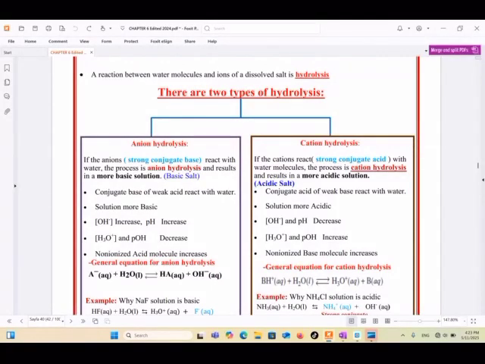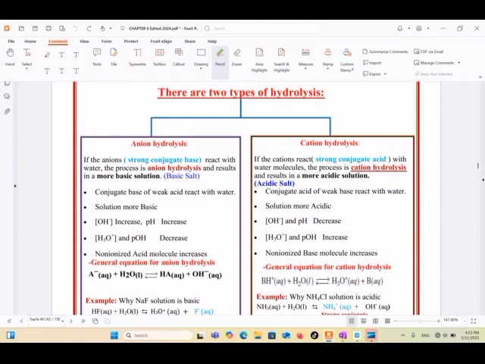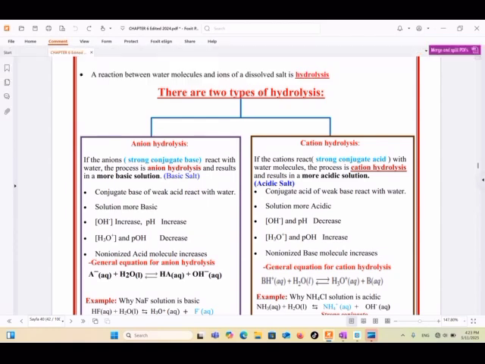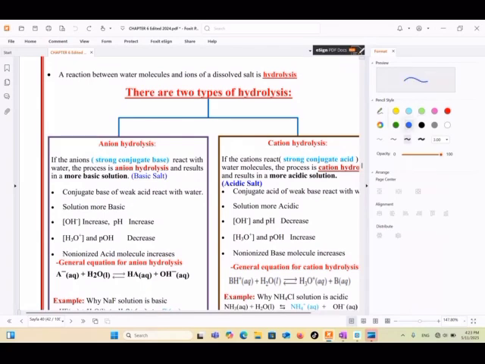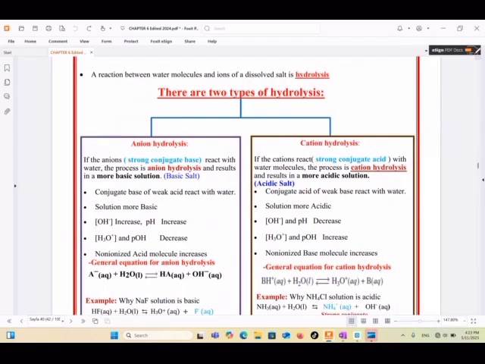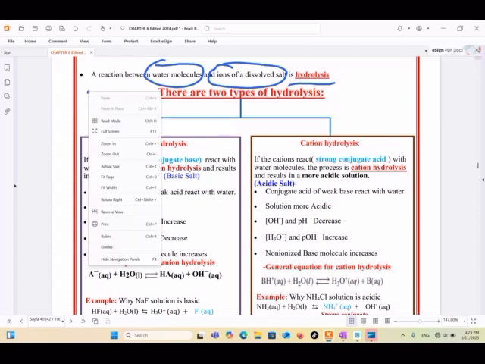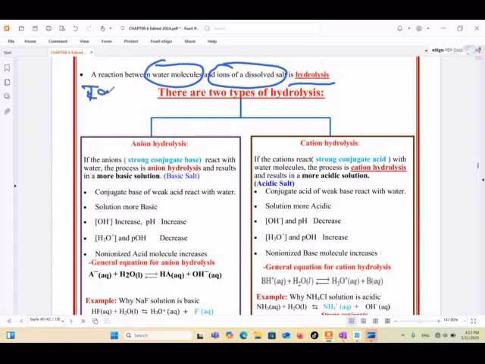In this recording, I will be talking about an important process in chapter 6, which is all about hydrolysis. Guys, hydrolysis, simply we can define, is when a water molecule reacts with an ion of dissolved salts. We call this hydrolysis. More specifically, we can say that the ions of weak acid and